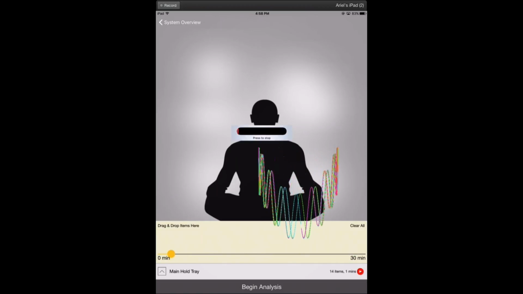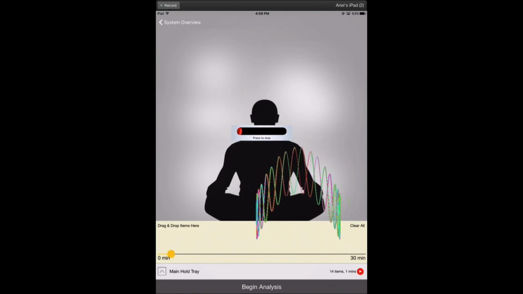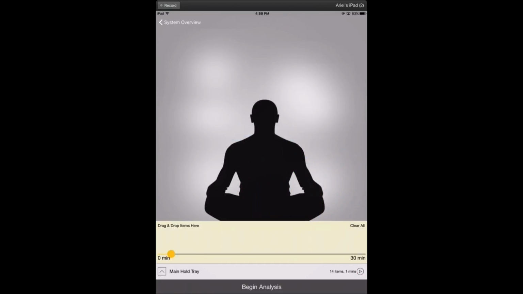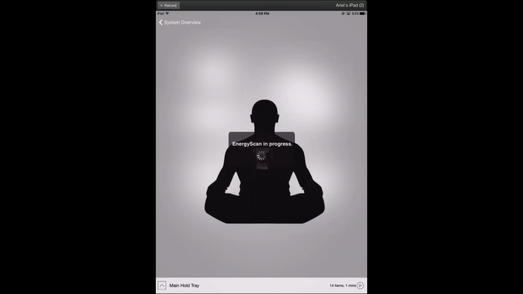And so it is balancing using the items in the main hold tray, which unfortunately we cannot seem to, let me just stop this for a second. Can we view them? Okay, we can't view, it seems, what's in there. Also, once again, it's bringing up the wrong picture, so we're pulling in somebody else's picture into the aura, so these are bugs still to be worked out.